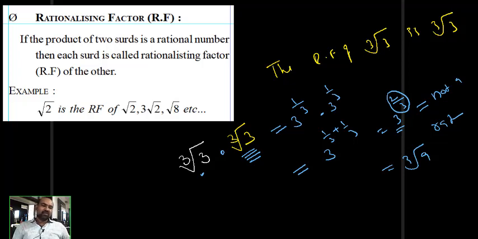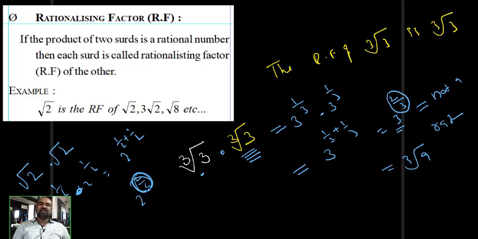Why did they give it like that? They got confused with root 2, which I gave in the previous example. Find the RF of root 2: we got root 2, and I proved that. Why? 2 power 1 by 2 into 2 power 1 by 2 equals 2 power 1 by 2 plus 1 by 2, which is 2 power 2 by 2. This is becoming an integer, so it's totally rational. But after adding the exponents here I am getting 2 by 3, which is not an integer. That's why the resulting number is not a rational number.